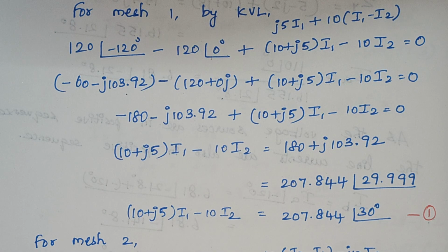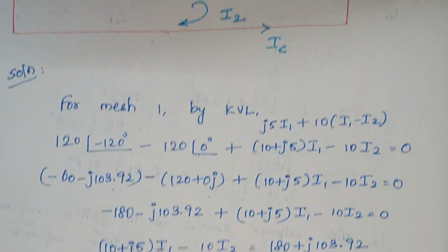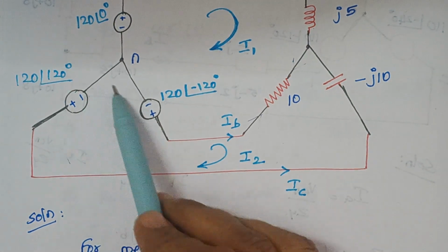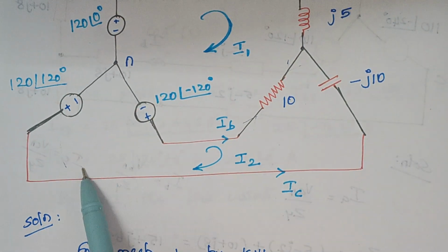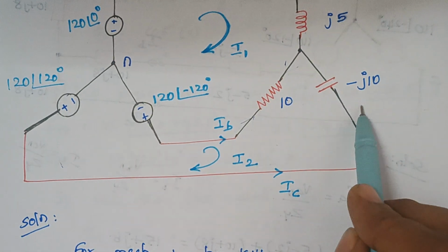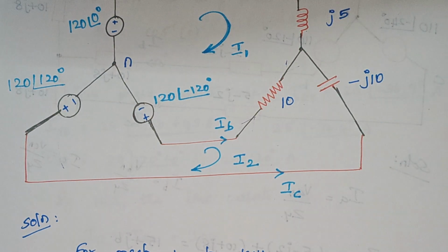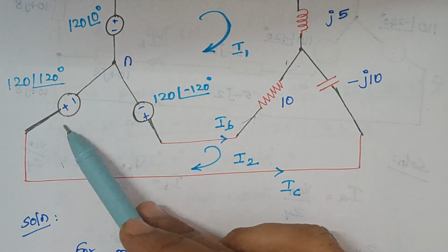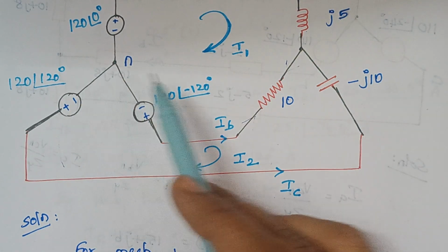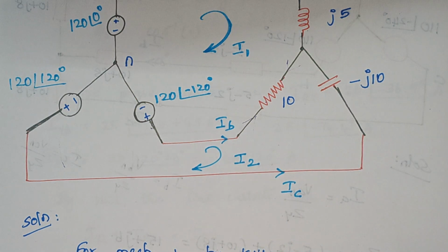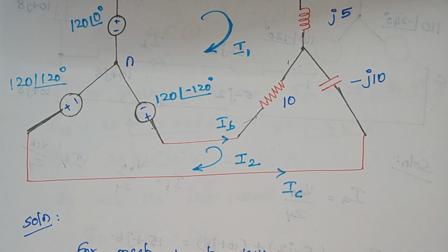Now consider mesh 2, right? When you look at mesh 2, again what are all the elements present in mesh 2? You see this is your mesh 2, right? Again here we are having two voltage sources, one resistor and one capacitor, right? So while writing expression, as usual the same thing, here plus to minus is considered as minus and minus to plus is considered as a plus, right? So here in this case,